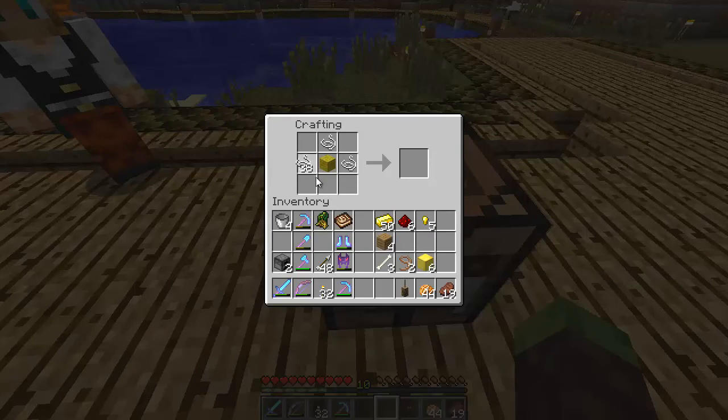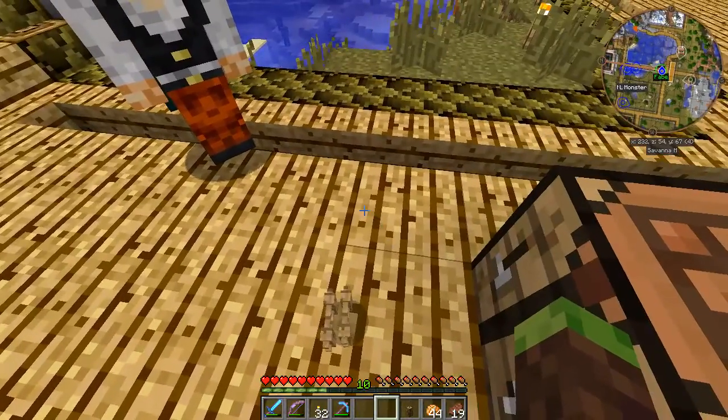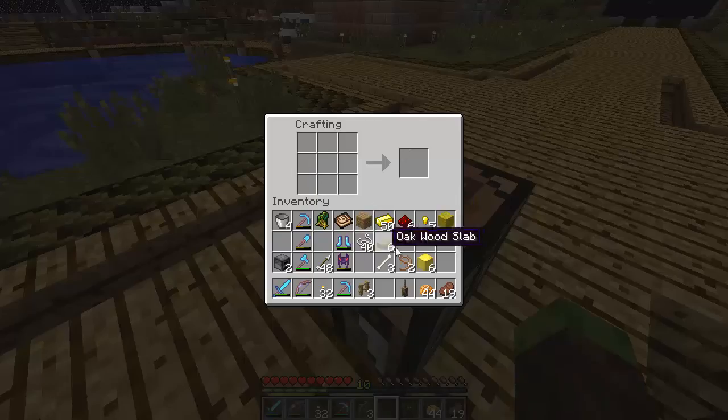Wool, string. Oh, that didn't work. Let's try slabs. Maybe that's the one that needed the fence? Maybe. It could be the fence. Oh, I have some fence on me. Here you go. It could also be that it needs some more wool around. We might have to do some experimentation here. So that didn't work. Let me try...